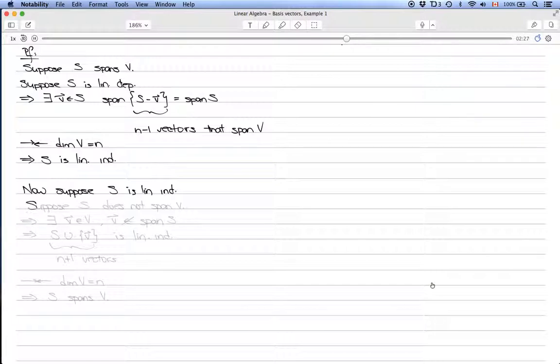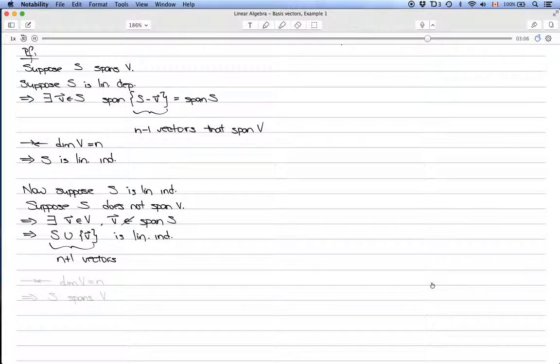So let's suppose not. Suppose that S does not span V. Well, this means that there exists at least one vector v in V such that v is not in the span of S. Which means that when we add v to the set, so S union the vector v, this new set is still linearly independent since v is not in the span of S. So here we have a set of n plus 1 linearly independent vectors